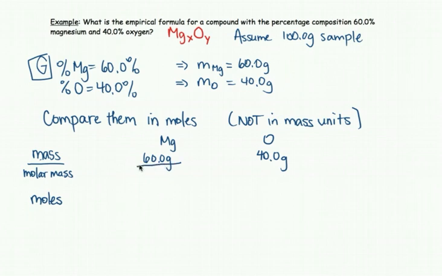The molar mass of magnesium, just look on your periodic table. For just the one, it's 24.31 grams per mole. And here, oxygen is 16 grams per mole. If you divide those out, you'll find the amount in moles. I know I say moles a lot, but this is the amount, and it's in moles. I'll probably keep writing moles, so just want to point that out in case you're confused as to why I keep changing it. So if we divide that out, we end up with